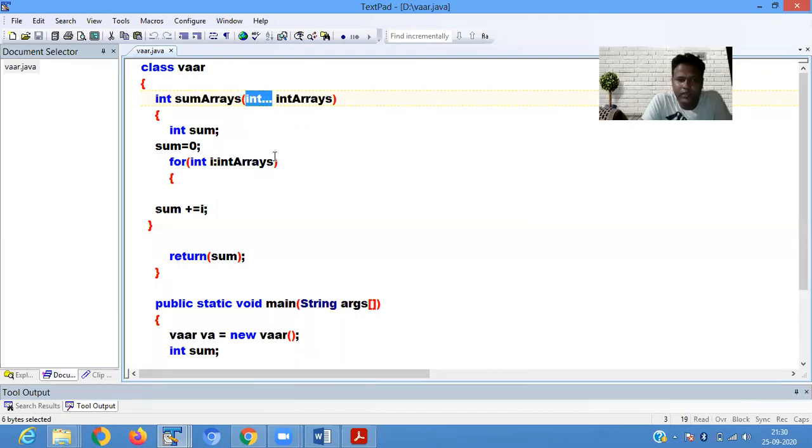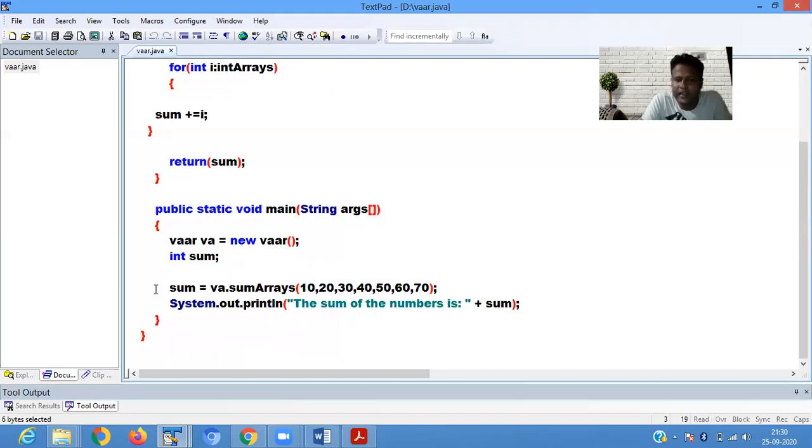Now in the main method we are creating an object of class var: var va equals new var.